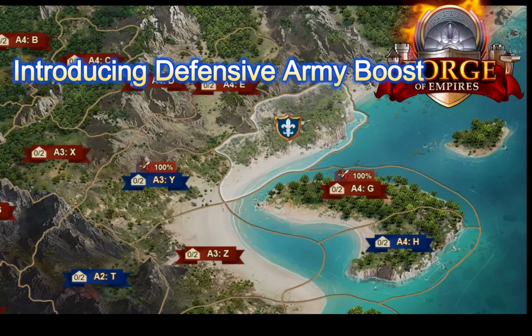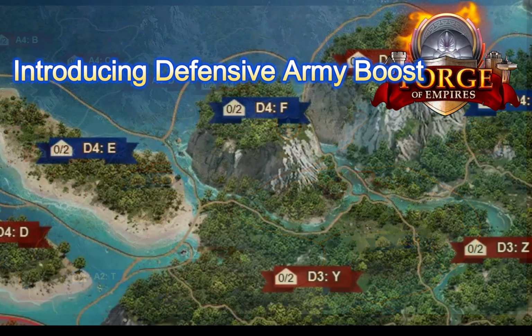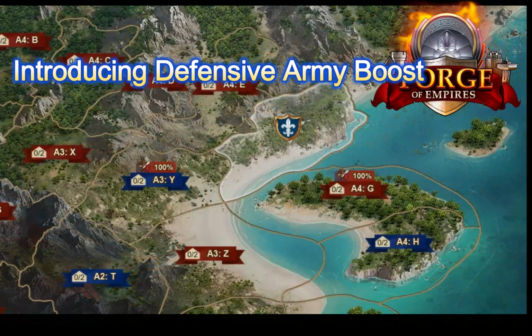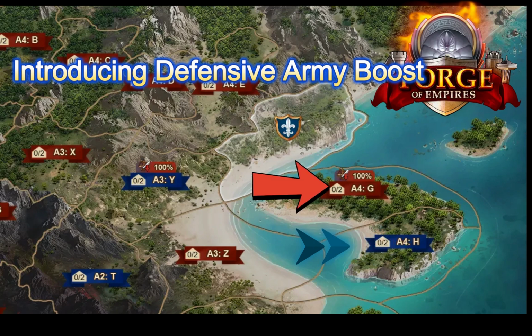Introducing the Defensive Army Boost. With this update, both offensive and defensive boosts will be available on all Guild Battlegrounds maps. Whenever a province is captured, the system will randomly select whether an offensive or defensive boost is required to fight on that province. As always, defensive boosts will be marked with blue symbols, while offensive boosts will remain red. This change ensures that you can better utilize your army boosts, adapting your strategy based on the needs of your